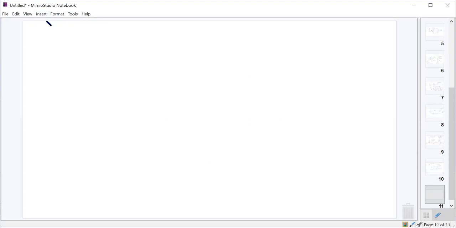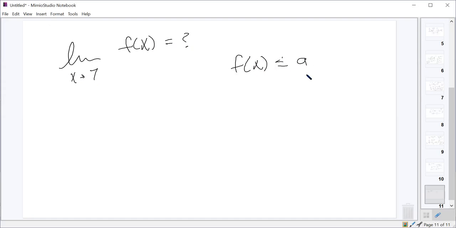So, maybe in the multiple choice they say the limit as x approaches 7 of f of x is what you're looking for, and they say that f of x is always less than or equal to g of x, greater than or equal to h of x, and they say that h of x is equal to, I don't even know, whatever, something like